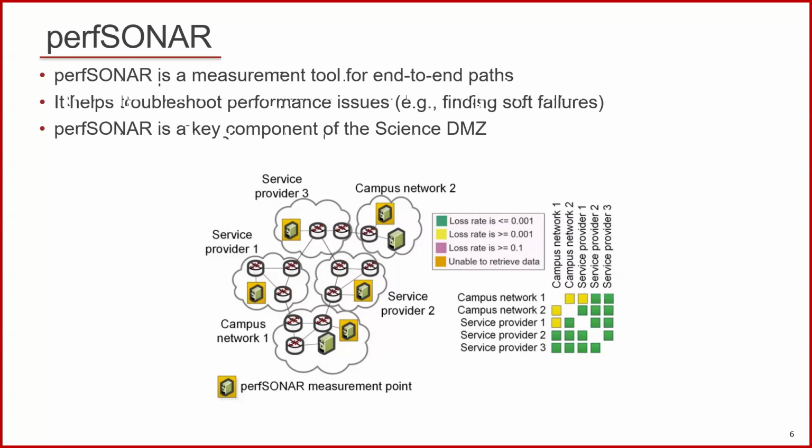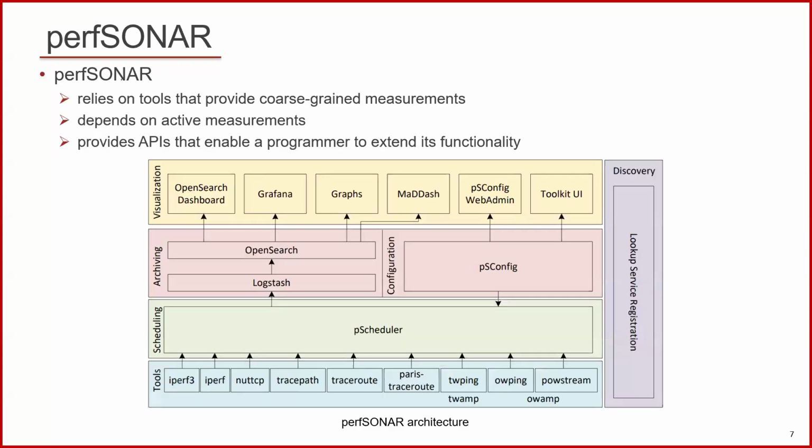Now let's talk about the architecture of perfSONAR itself. So perfSONAR in total has 7 different layers. So that's discovery, the tools, scheduling, archiving, configuration, and visualization. What's special about this architecture is that it supports plug-in architecture, especially the archiving layer. So it allows you to use a custom database. The default settings use Logstash and OpenSearch, but you can use different